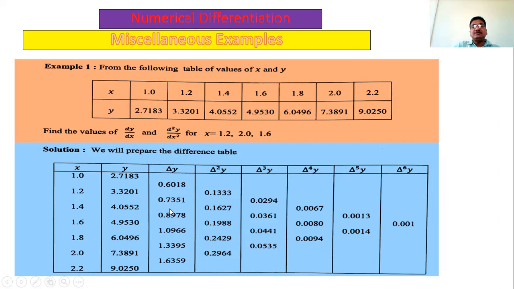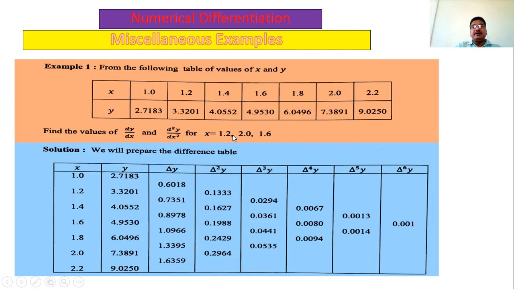If we have to use the same difference table for finding the value at 2.0, then these entries are the same in the backward difference table, only the delta is replaced by del. So there is no need to construct the backward difference table while finding the value at 2.0. Use the same table, only consider this delta; in the place of delta there is del. All the entries are the same.